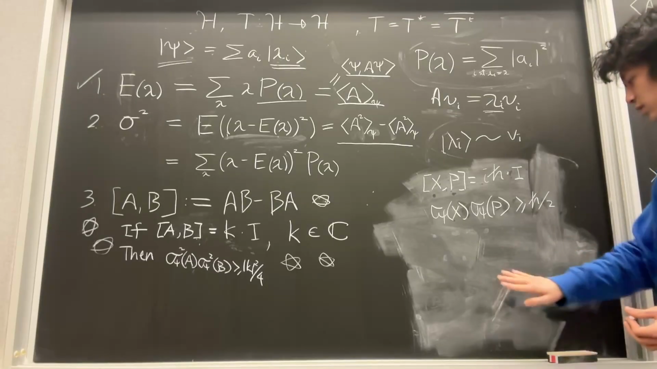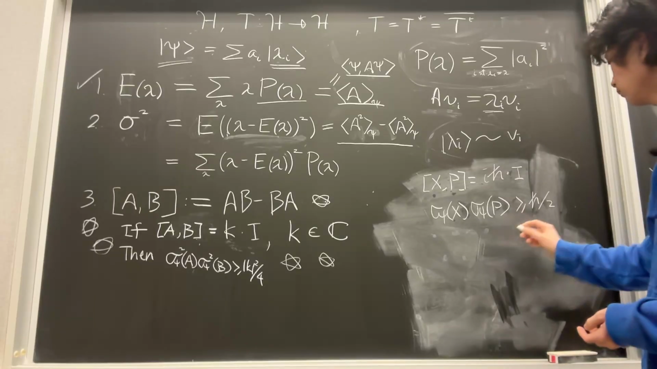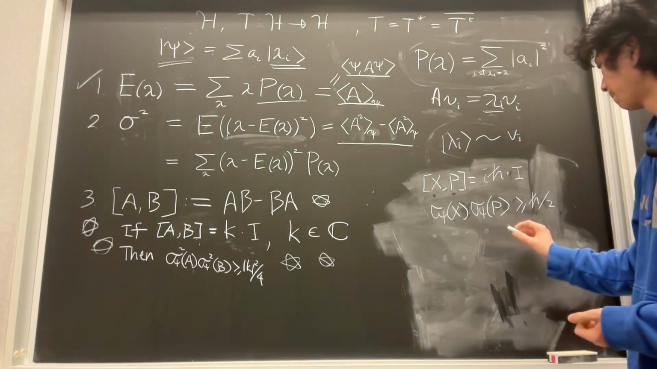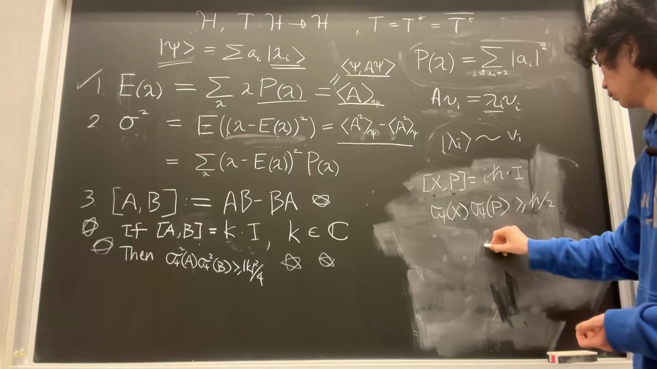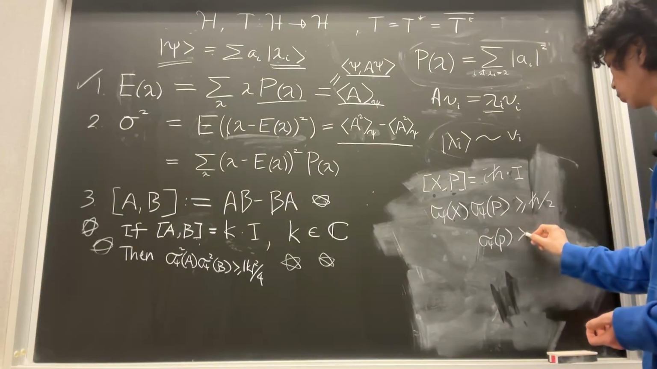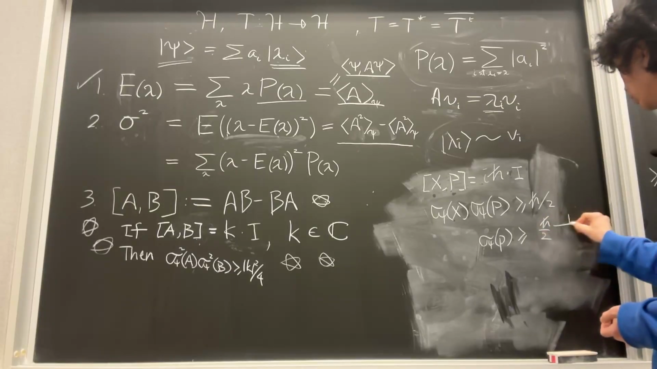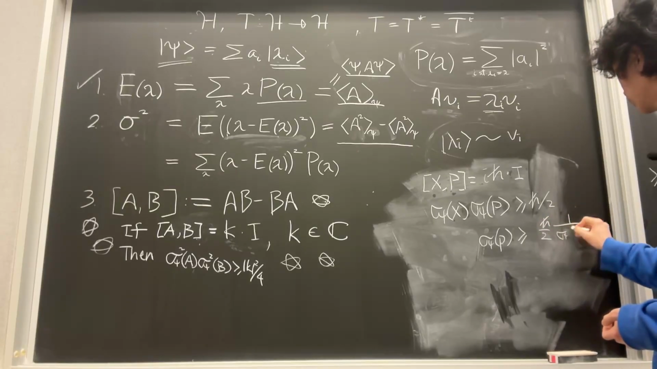So let's just consider what if we have, we can write the uncertainty of P must be larger or equal to h bar over 2, 1 over the uncertainty of